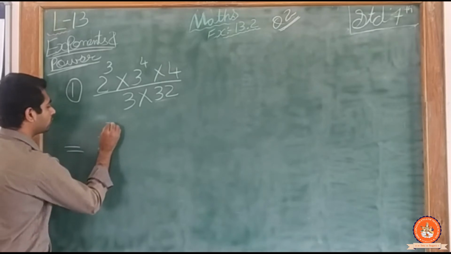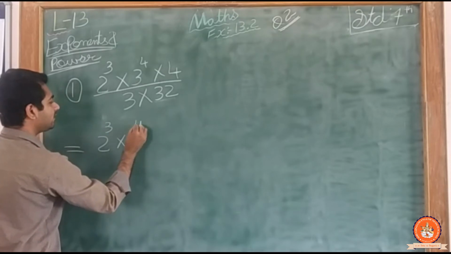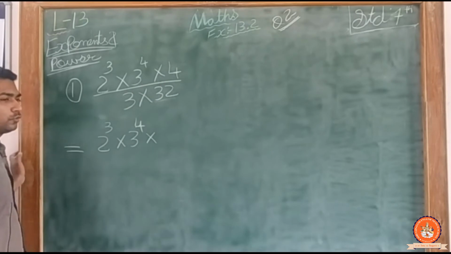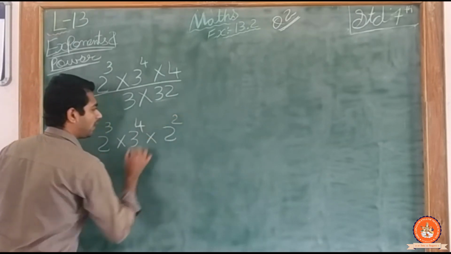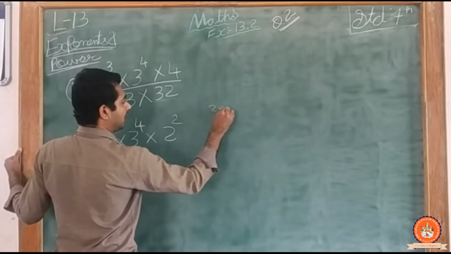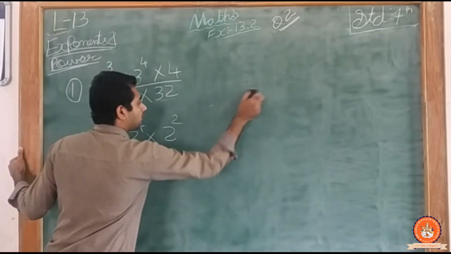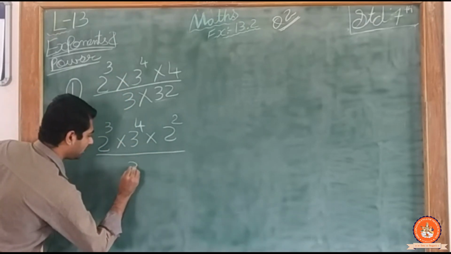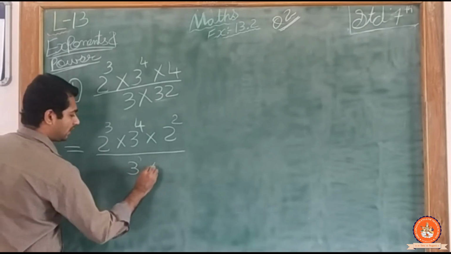So 2 raised to cube multiply by 3 raised to 4 as it is multiply by 4, that means 2 square, 2 2s are 4, that means 2 square. Clear? 2 square, that means I have to multiply 2, 2 times, that means I can write 2 raised to 2. Clear? So this I understand. Now divide by 3 means 3. If there is nothing, that means 1. Multiplying